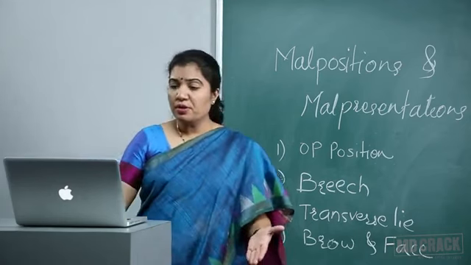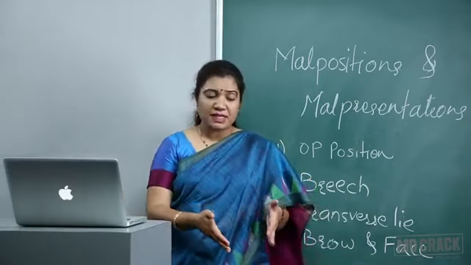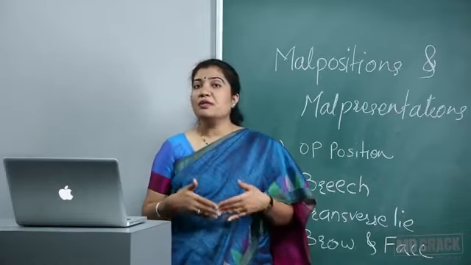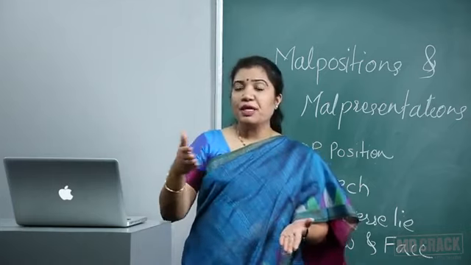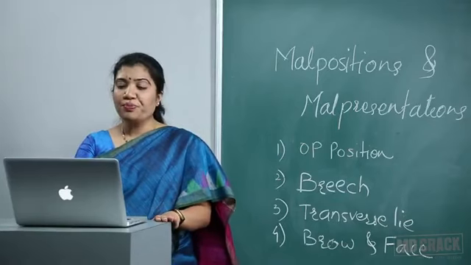Forceps, no role. Wait and watch cannot be done because now she is transverse lie in early labor. If we wait and watch, then what will happen? Either there would be cord prolapse or neglected shoulder if we keep waiting. So the ideal answer is cesarean section to be performed on her.